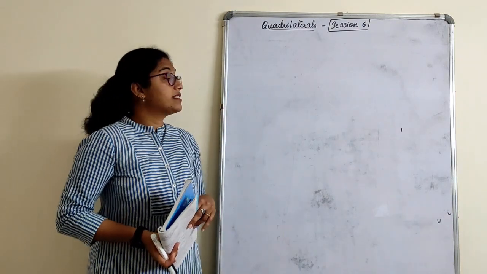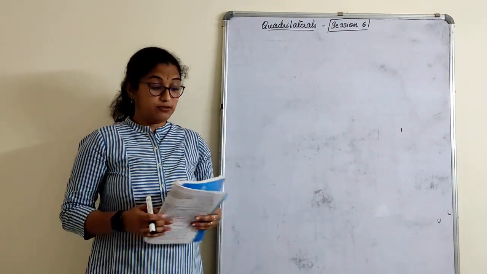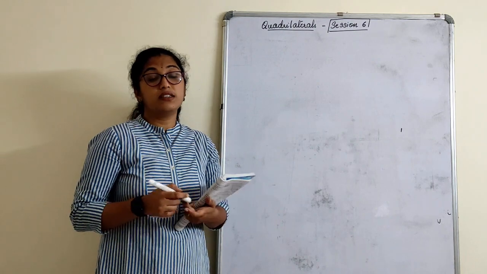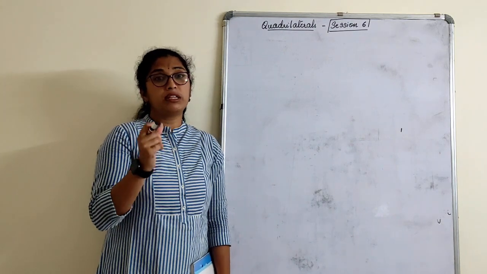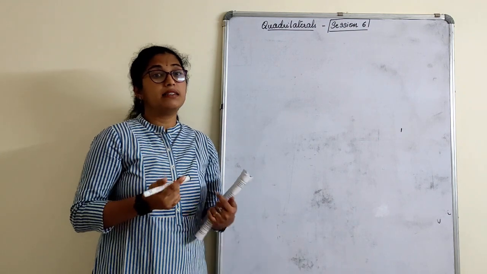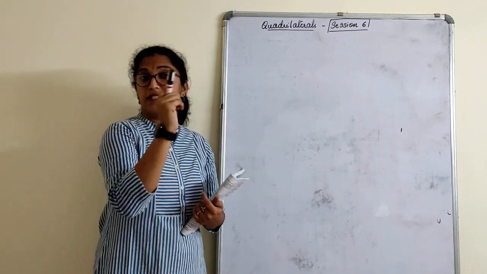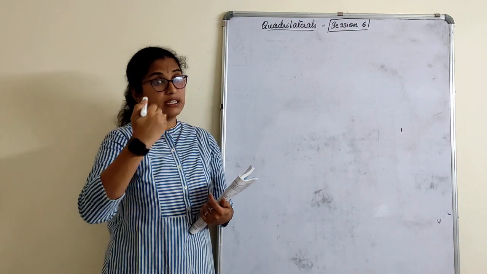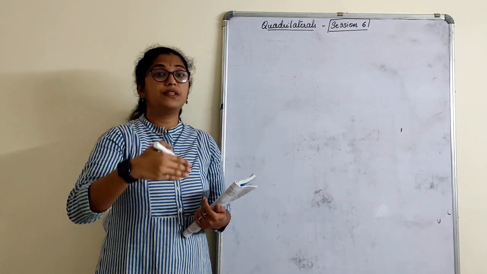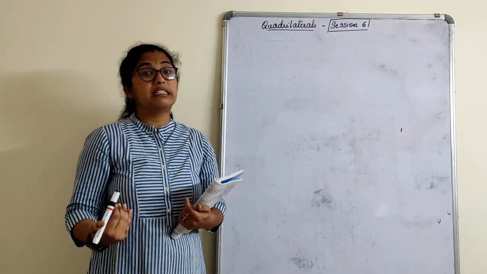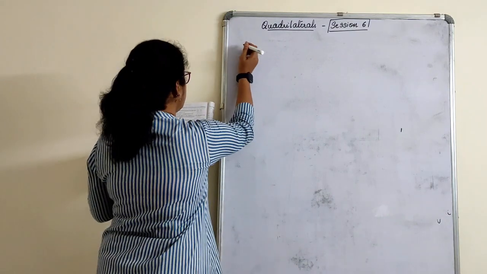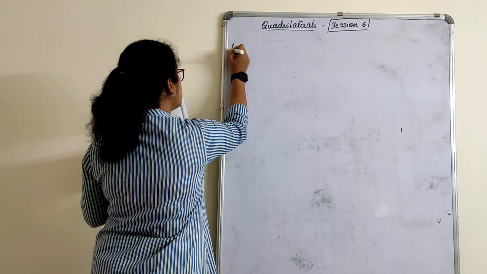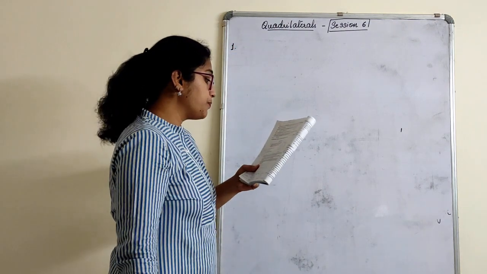Good morning. We will start session 6 on chapter quadrilaterals. In the previous session we understood the midpoint theorem and its converse. Sometimes the midpoint theorem concept can be asked in MCQs. That is, if it is a midpoint and we know that it is parallel, what is the measure of the third side? We always know that it is half of the third side. Let us apply the midpoint theorem to prove some of the riders in this last exercise of chapter quadrilaterals.